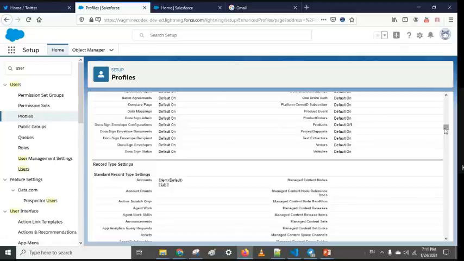So this thing we can do, but not using the profile, or it will not be done. For that, your profile will be the same for both users, but for the second user where you want to give create access, we will create a new permission set for him and assign that permission set to the user, and this way they can go and create a new record.